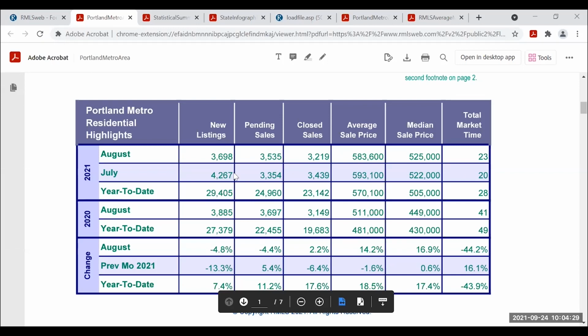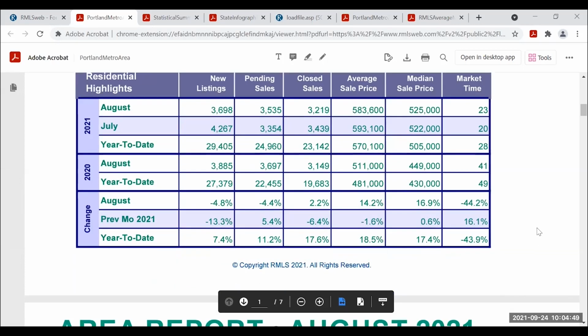So July, 4,267, August 3,698, so down 13.3%. And then year-to-date 2021 compared to year-to-date 2020, we are up 7.4%. So it breaks it down across the board using that same thought process.